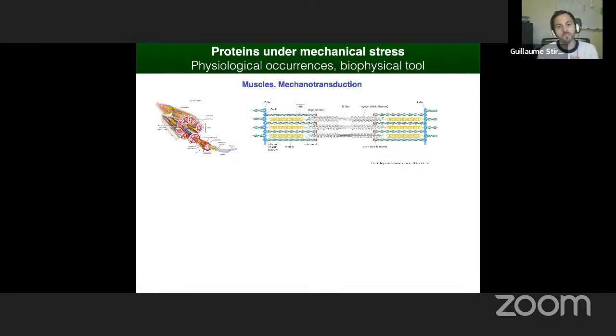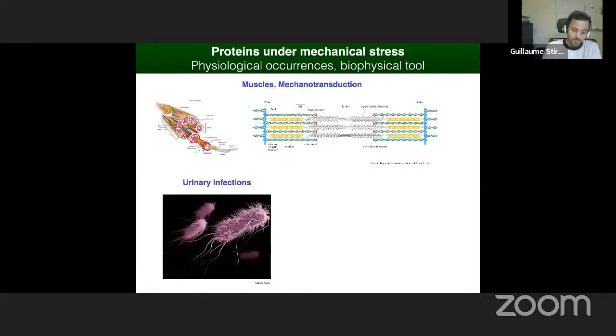So why are we interested in these forces in biology? Because they are very present in many different phenomena. For example, muscle is the obvious example where you have force exerted at the molecular level. The muscle fibers are made of very long, big polyproteins, one of which is called titin. It applies force, it feels force, and so it's important to understand what's happening at the molecular